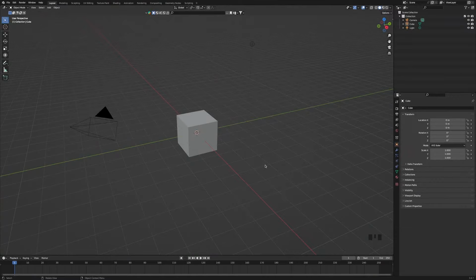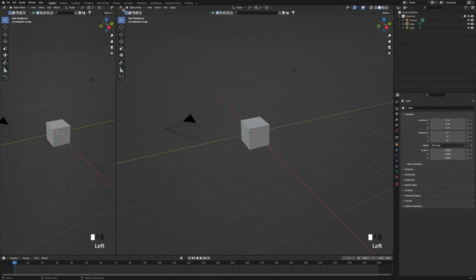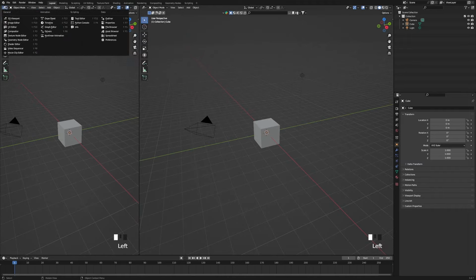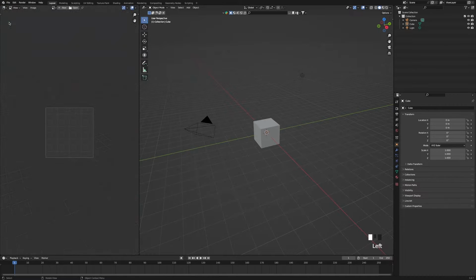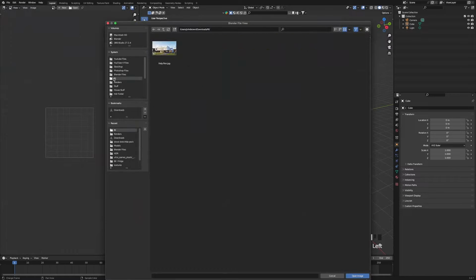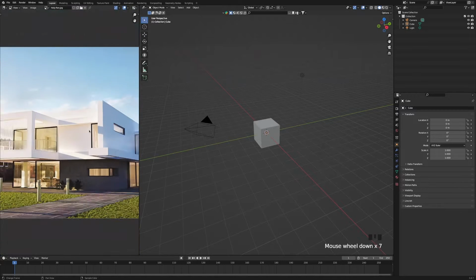Whenever I'm making something in Blender, I like to have a reference image so that I have something to help me work towards. So we're just going to go up here to the corner of our scene. I'm going to just click down and drag out a new tab like that. Then we're going to go up here to editor type, and go down here to image editor, and we're going to open up the finished version of the render. Yours will be down in the description below, and just open that up. Just scroll out,